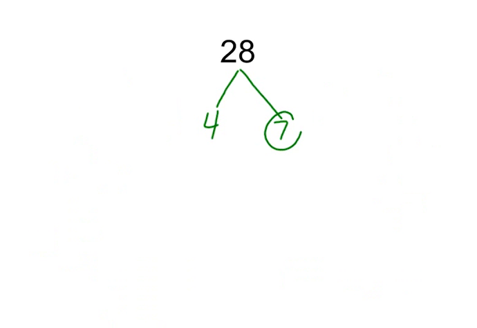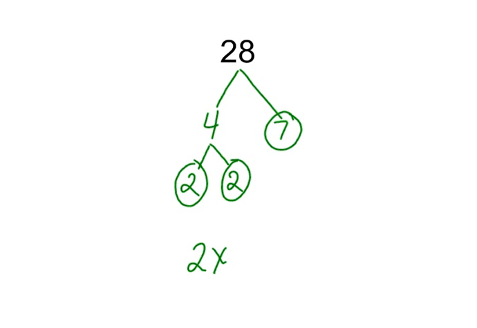Now 7 is prime, 4 is not. That can be broken down into 2 times 2. 2 is a prime number. So we're all done. So the prime factorization of 28 would be 2 times 2 times 7, or if you wanted to write it, 2 squared times 7, because we've